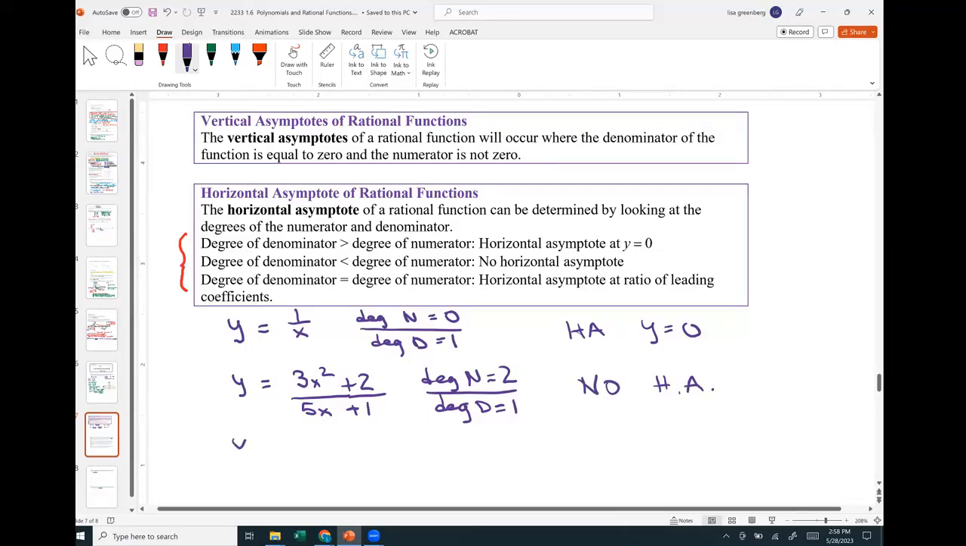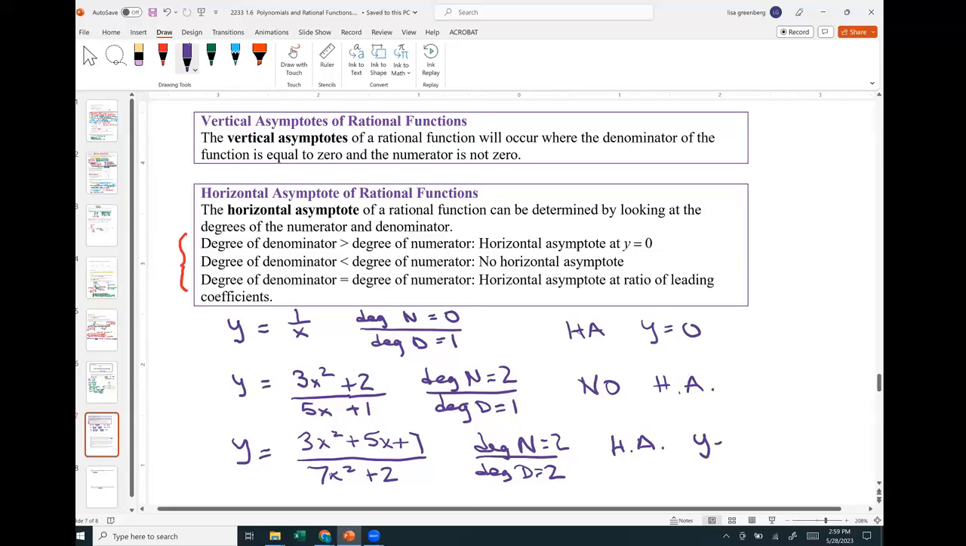And last, if they're equal. Let's say we have 3x squared plus 5x plus 7 divided by 7x squared plus 2. Well, now we have the degree of the numerator is equal to 2, and the degree of the denominator is equal to 2. So our horizontal asymptote